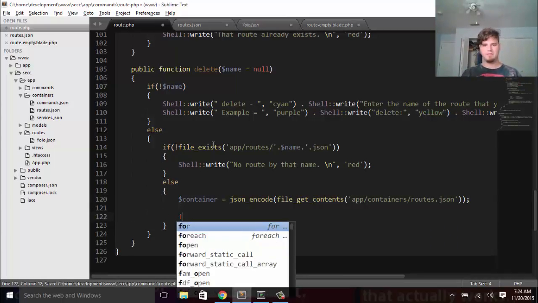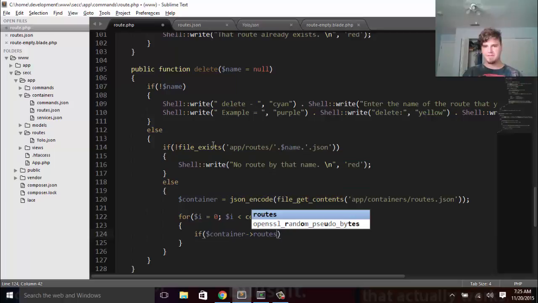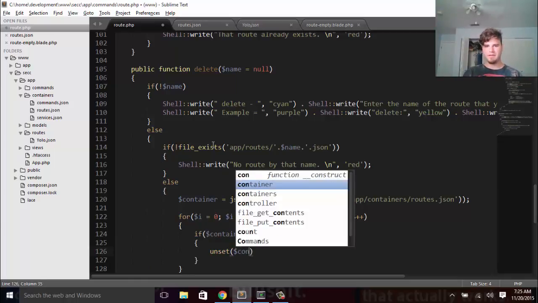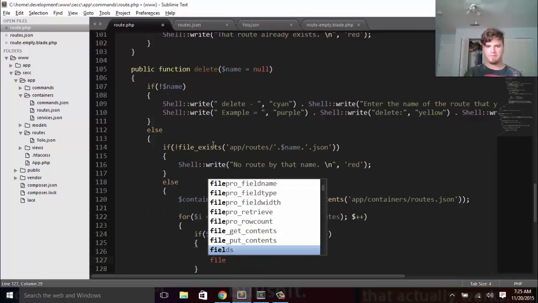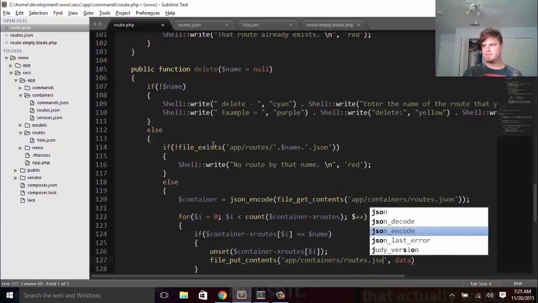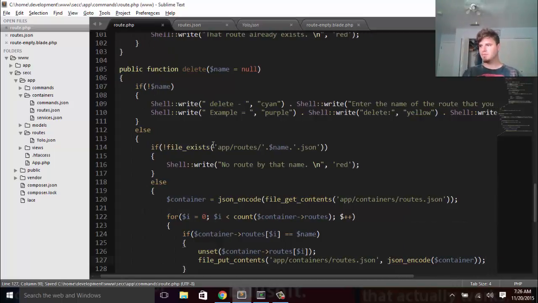Now that we have that, we can loop the array. So for i is equal to 0, i is less than count container routes, then i plus plus, and then we can just unset, or actually we'll say if our container routes i is equal to name, then we'll unset the container routes i, removing that from the array, and then file put contents app containers routes.json, and we'll just JSON encode our container, and we'll unlink